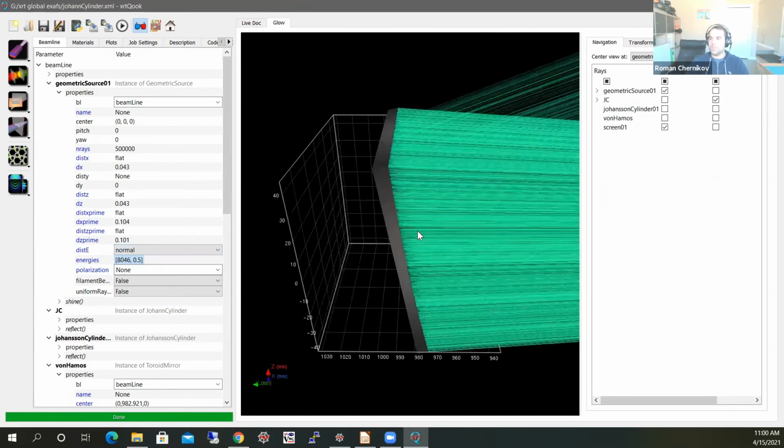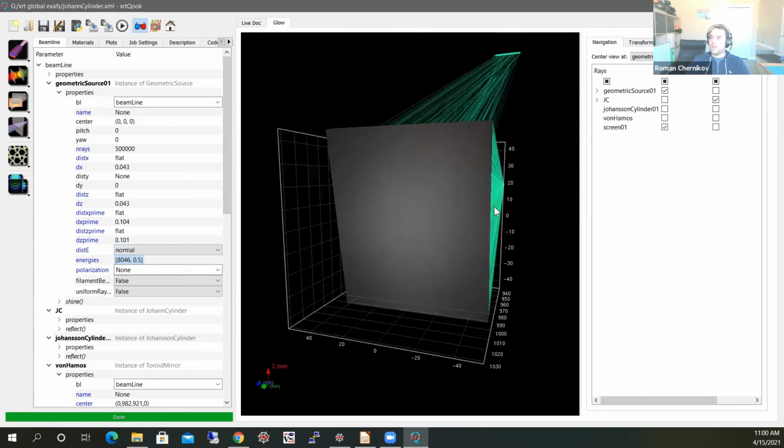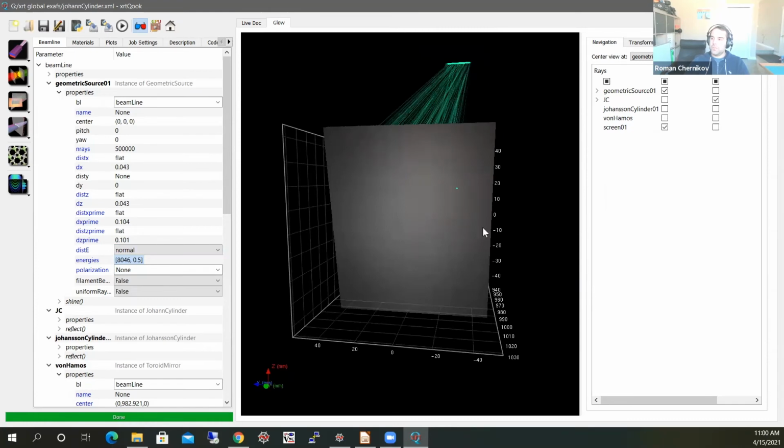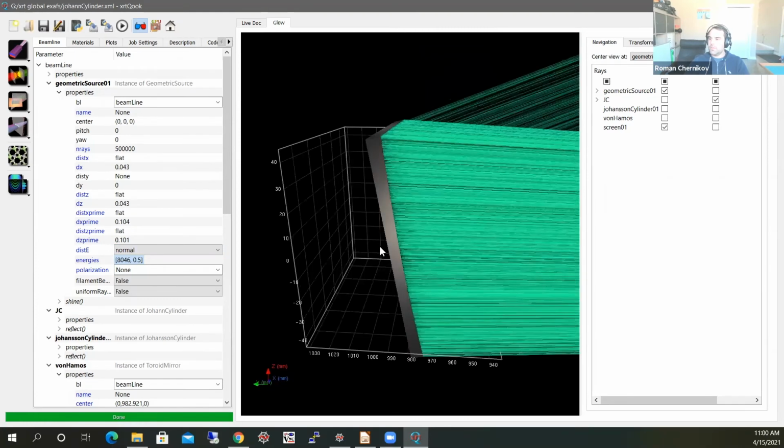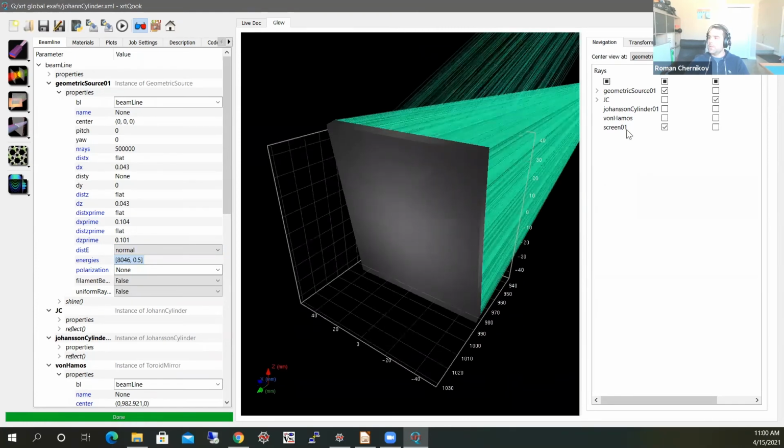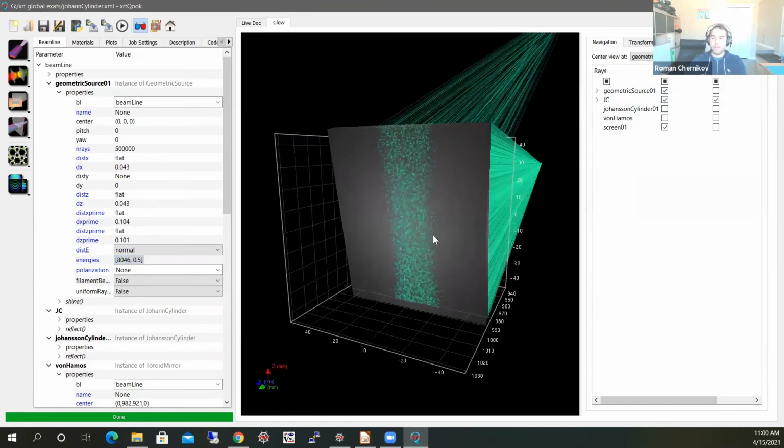Okay, that's something better. There's not much focusing in that direction, right? Yeah, let's show the footprint. So that is the Johann geometry now. You can see that now a larger area of the crystal is working, and that explains the efficiency of the Johann geometry comparing to von Hammer's,